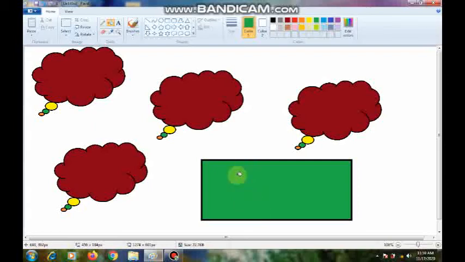Means we can rotate our picture as we wish, and we can flip also. How? Now we will see. See here, the rotate tool is used to change the angle of the whole or selected part of the drawing. To rotate a drawing, the steps are given here.